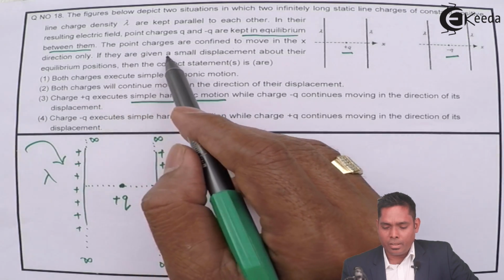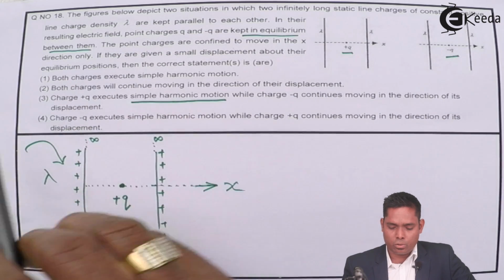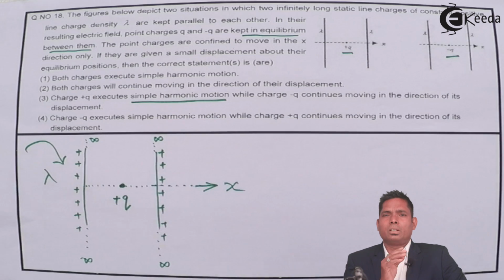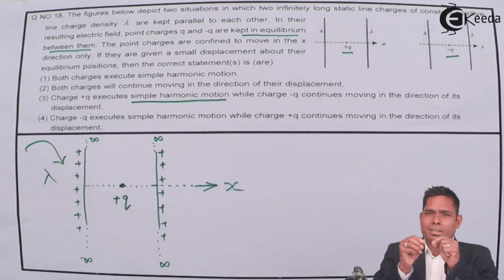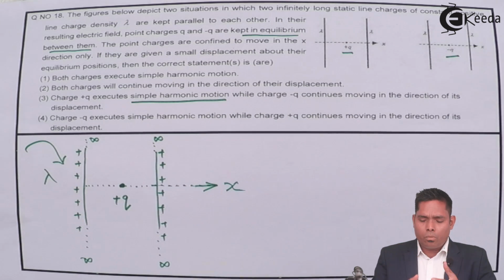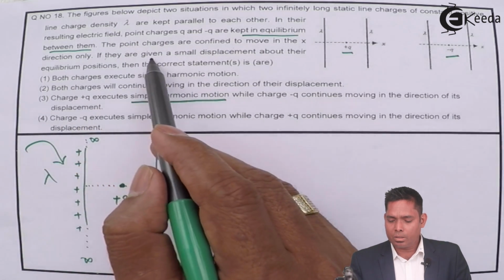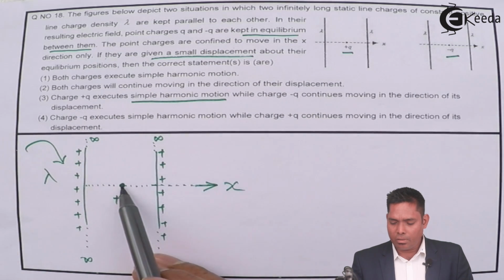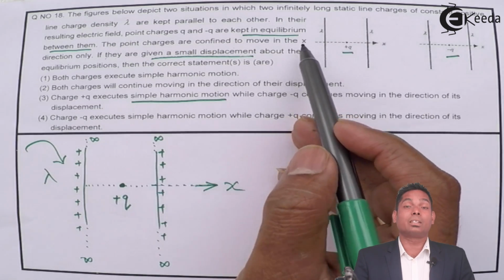If they are given a small displacement about their equilibrium position, the displacement of this particle should be towards right or towards left along this direction. And if this is given a little displacement towards right or towards left along the x-axis, what will happen? The question is, if they are given a small displacement about their equilibrium position, either towards right or left because the motion is confined to the x direction,